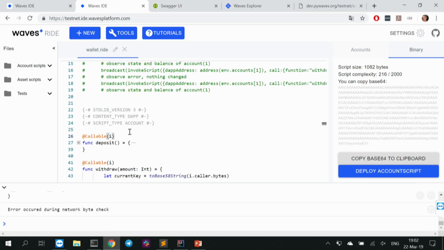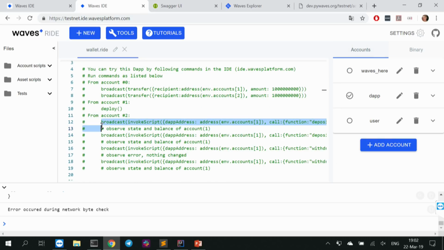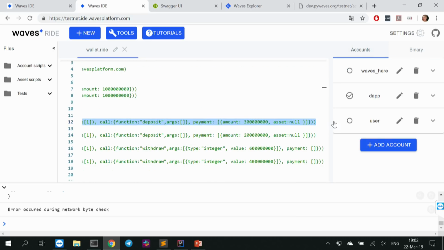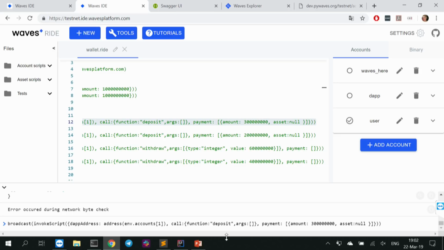But now let's make a deposit call by broadcasting an invoke script transaction. We'll do it slowly. We want to broadcast an invoke script transaction with the address of this account.